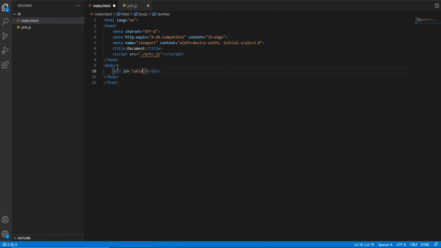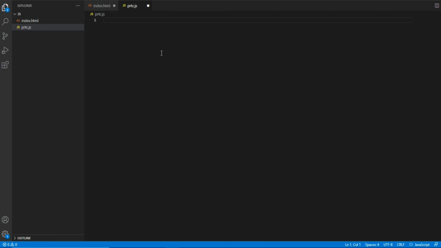Here I need to write a function. I am not passing any parameter, and inside the function I need to check whether the function is being called or not.